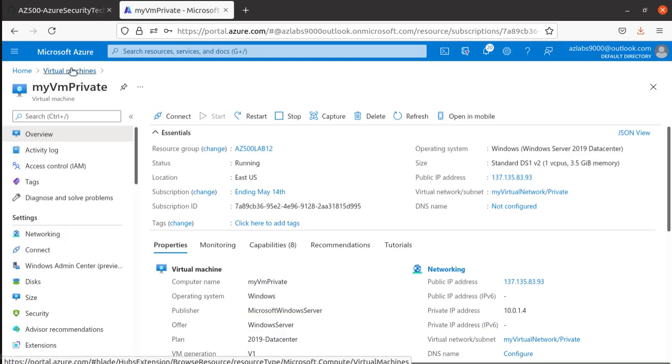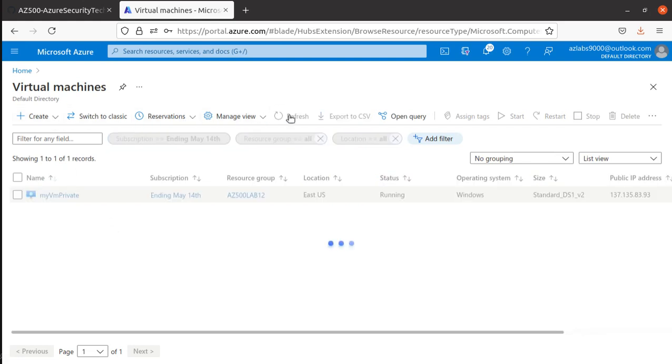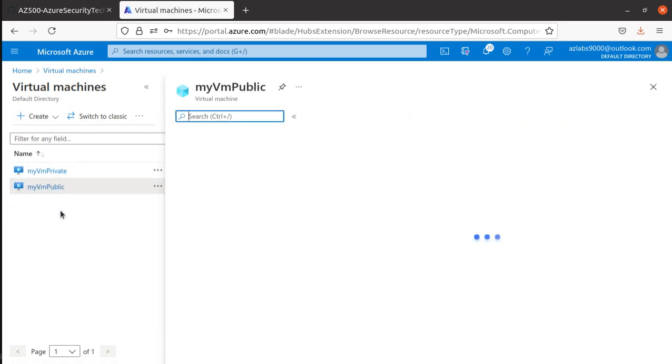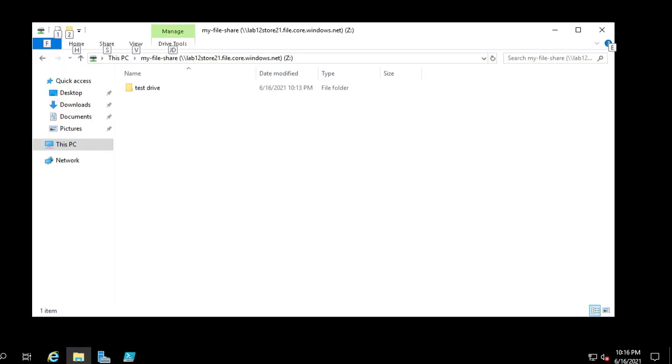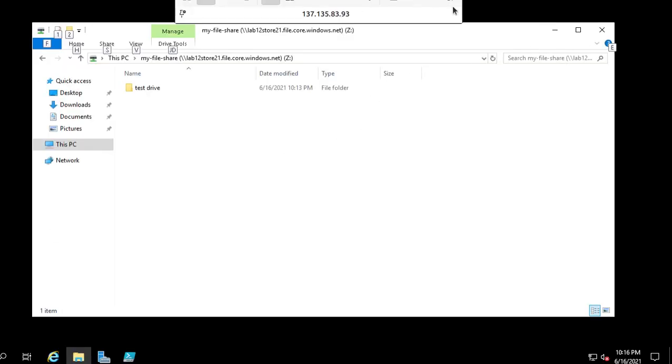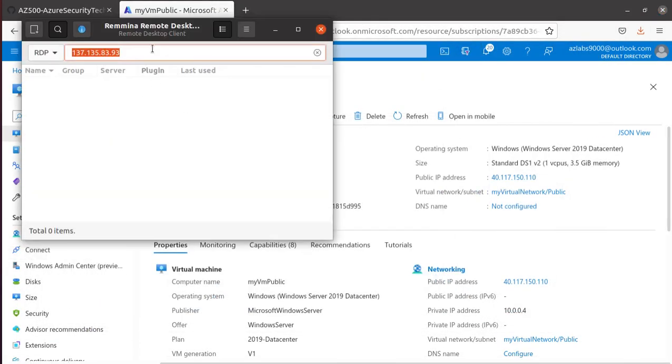So come back to virtual machine. So this is it, no? Yeah, it's here. The VM public is there, and that is deployed in a different subnet where we have not enabled your endpoint. So now if we copy this public IP address and get rid of this connection, okay, we're going to close this connection, come back, get to the